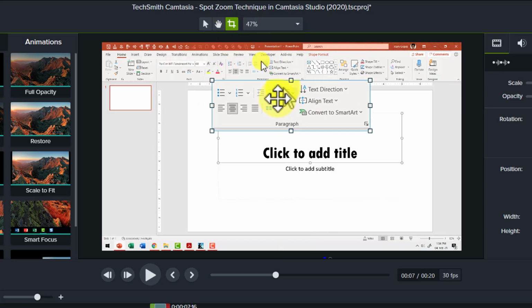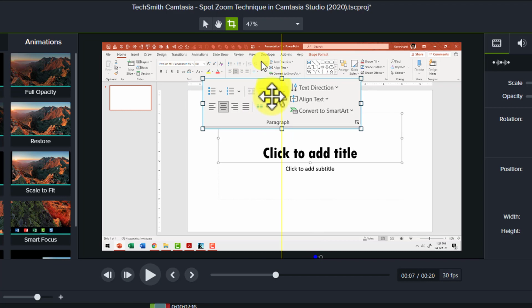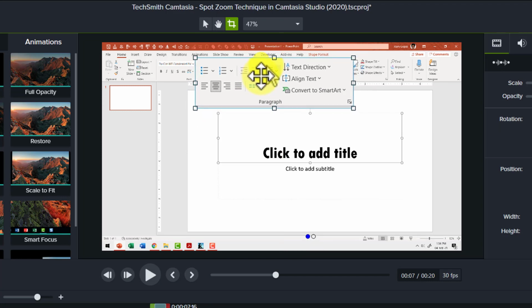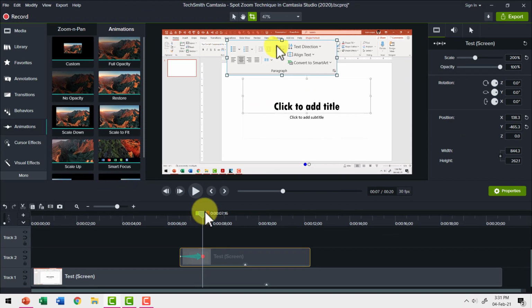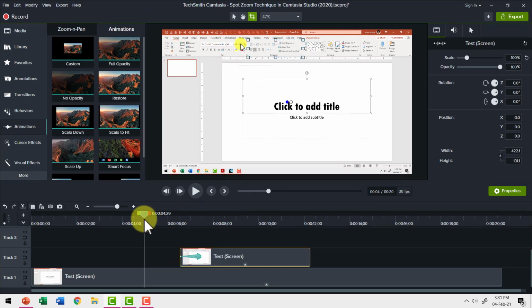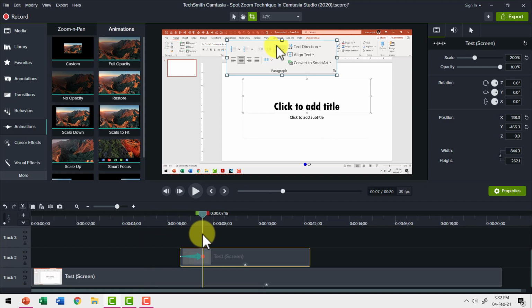And now I'm going to place this enlarged portion right on top of the previous one. Now let us do the scrubbing once again. Let me take the playhead outside, and as we come into the duplicate, you can see that this actually zooms out quite nicely. Now it's easy for the viewers to see this because this is much larger than the one behind it.